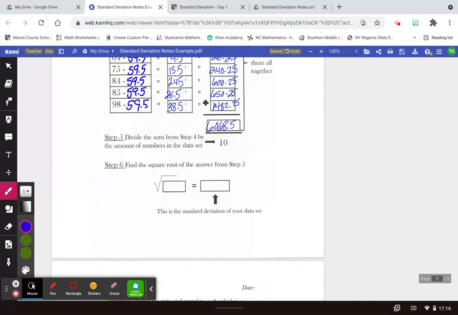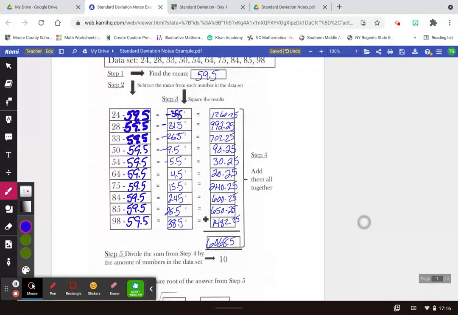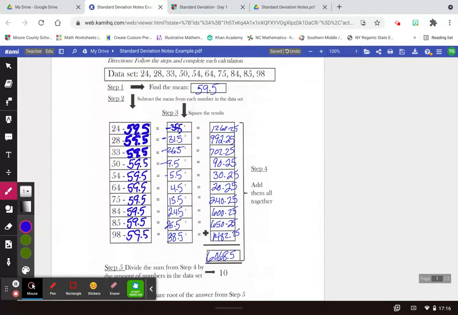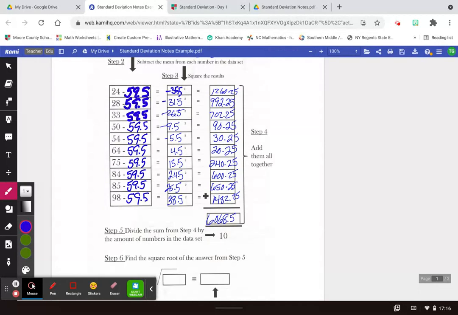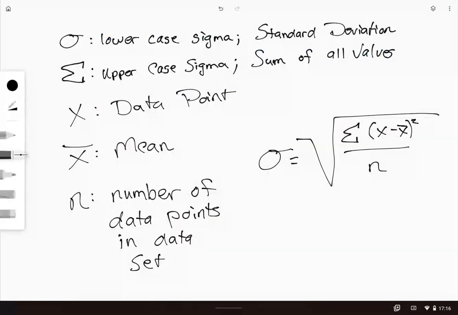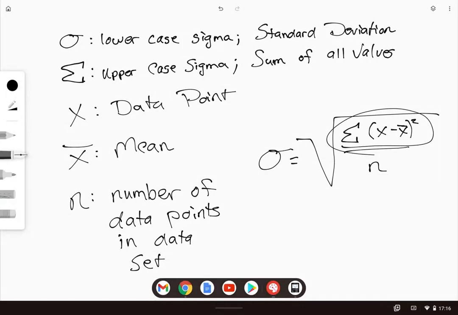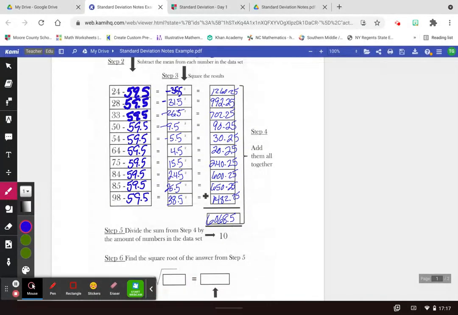Okay, so far what we have now is the first part of that standard deviation formula complete, which is the sum of all of your data points, subtracting the mean from those data points, and then squaring them. So that 60685 is this first part of that standard deviation formula. Okay, now you need to take that number, divide it by 10, which is the number in your data set. All right, so when you do that,